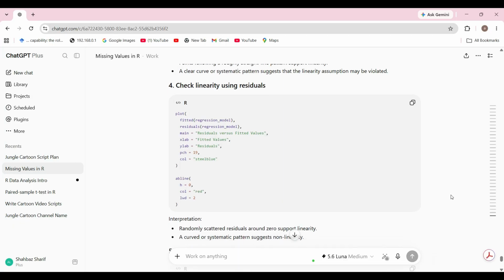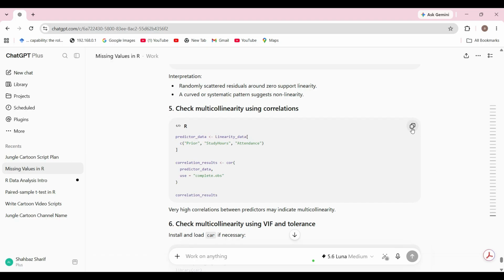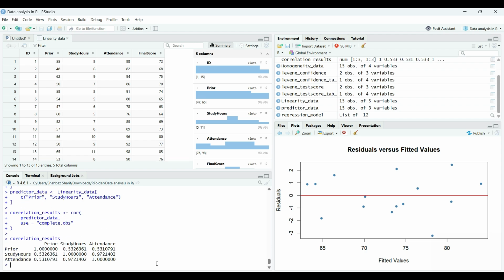Okay, next we will check the multicollinearity using correlations. First we check the linearity by using standardized residuals and scatter plots. Now we are going to check multicollinearity by VIF values and tolerance level. Okay, so we check that correlation matrix,